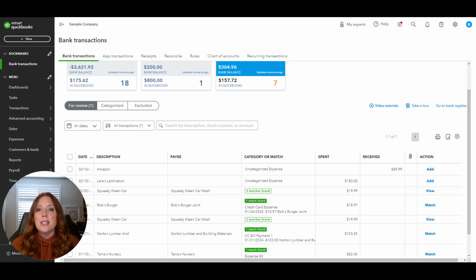And that happens because maybe you're always ordering office supplies from Amazon. So when Amazon comes in, QuickBooks says, oh, this is office supplies like it always is. But this time you ordered something different off Amazon, maybe a customer closing gift, and it needs to be categorized differently. Or a transaction comes in that QuickBooks isn't really sure where to put it, so it's guessing where it thinks it belongs, but it might be incorrect. So you want to make sure that you are looking at that category, looking at the payee, and then making